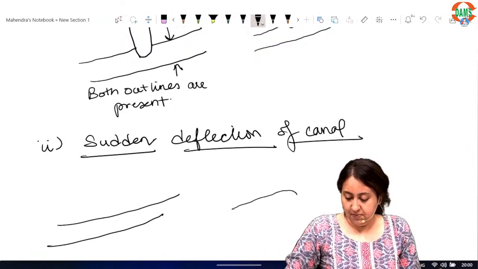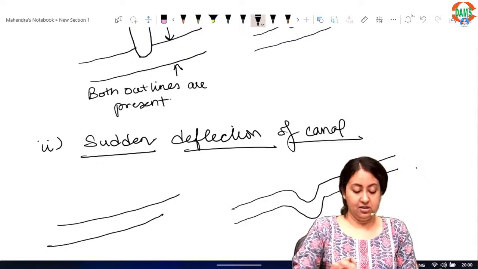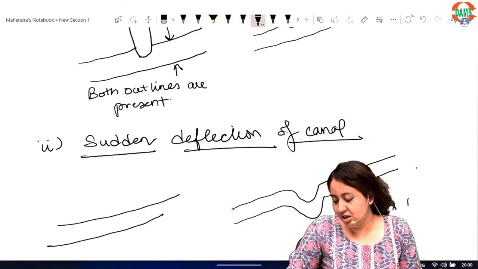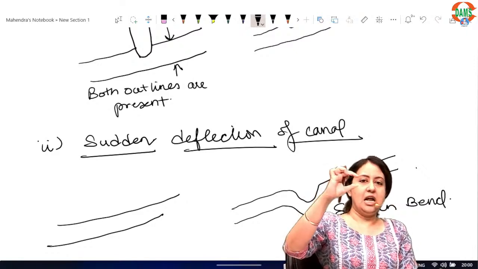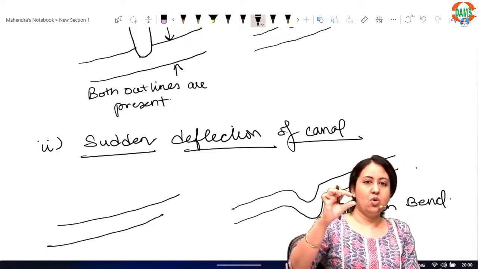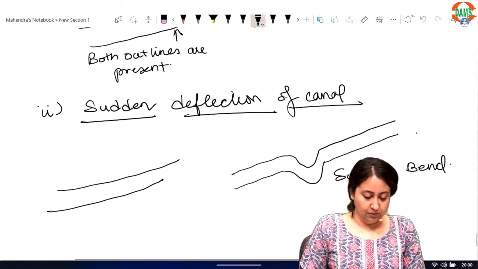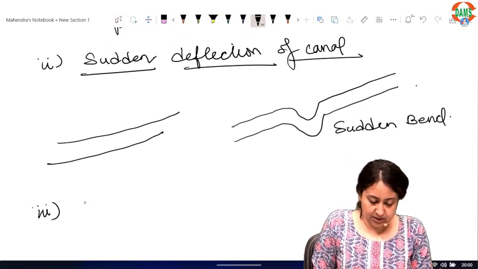If you see, there would be a sudden deflection of canal, like this. This is nothing but in simpler terms a sudden bend. कैनाल नॉर्मली चल रही थी बट एट वन पॉइंट जाके दोनों कॉर्टाइसिस में सडन बेंड है. This is sudden bend. Okay, now the third is